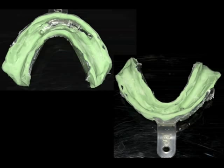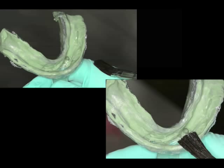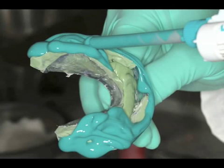Now we're ready to make the next impression, which is the final wash. The impression coping should be firmly placed in the mouth. We're going to put adhesive around any areas that we're concerned, especially any of the tray that's exposed. We're then going to put a light viscosity around the entire peripheral roll and in the ridge area of the